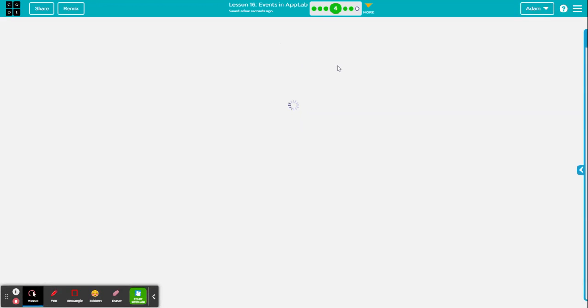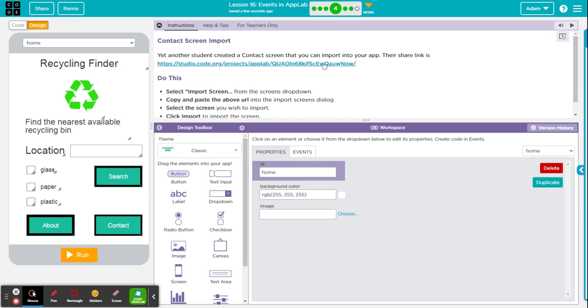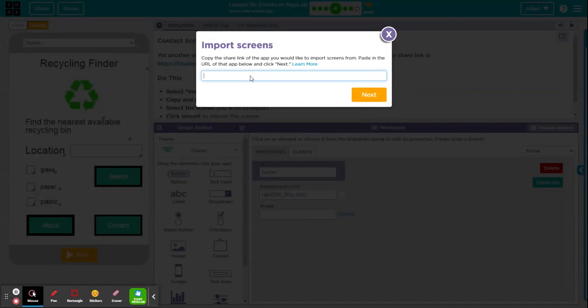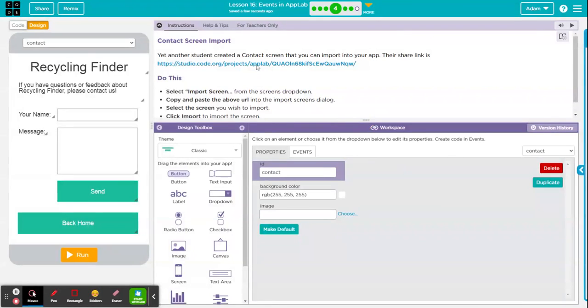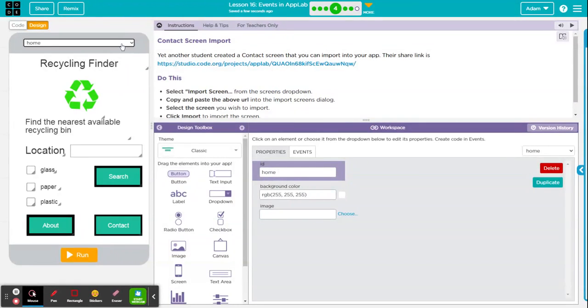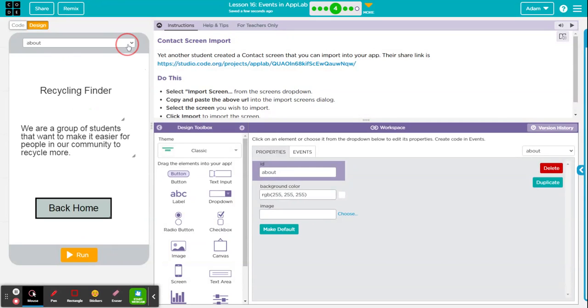And now, as you can see, there is one additional screen right here. This is going to be the contact screen. We're going to do the same here. Right click, copy link address, import the screen, paste it, click next, and pray for no red. No red, it's all good to go. We're going to import it. And now we have four screens: home, about, and the imported screens, search,